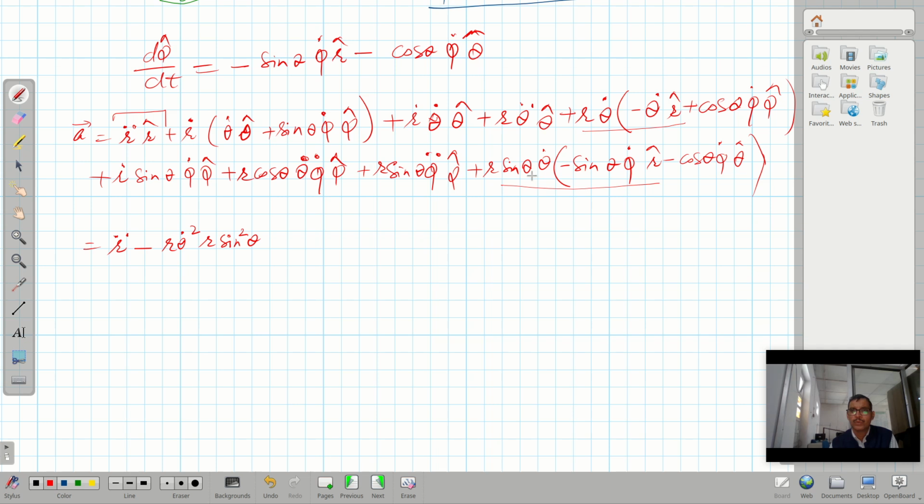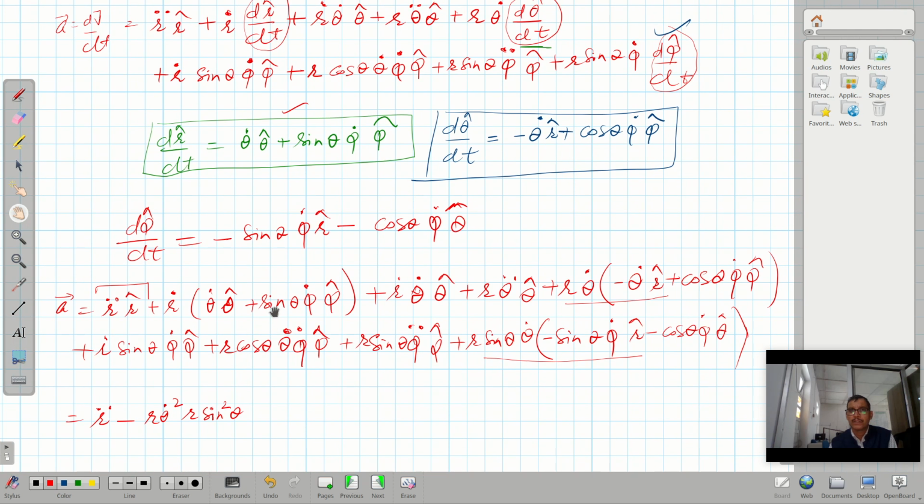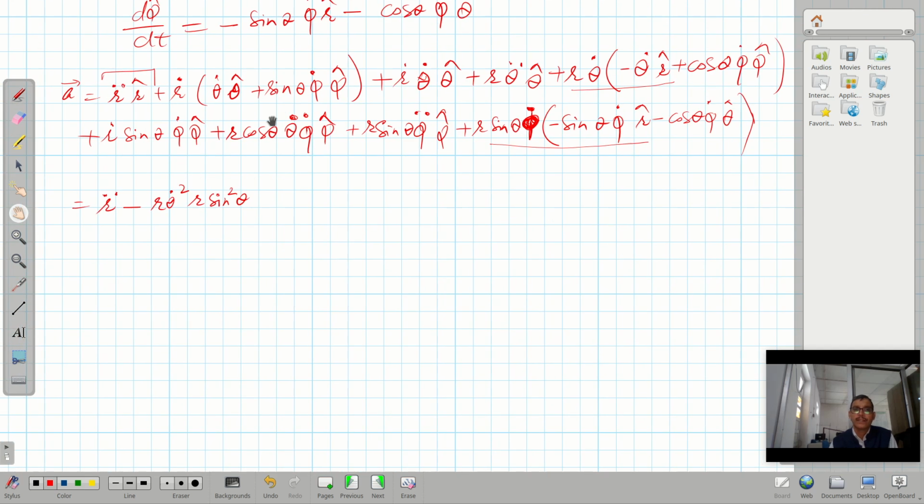Let me see, I have mistaken somewhere. Just a minute. r sine theta. Yes, it is phi cap. Sorry, phi dot is there, so it is plus or minus r sine theta phi